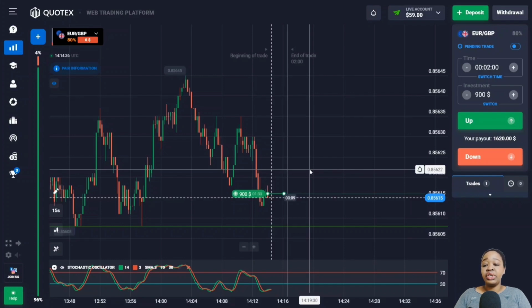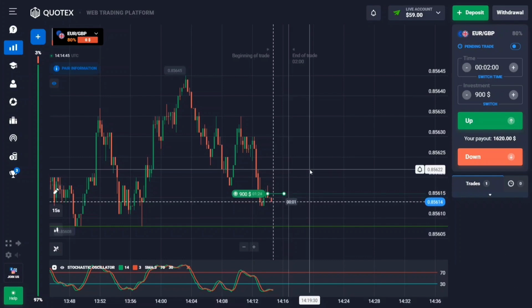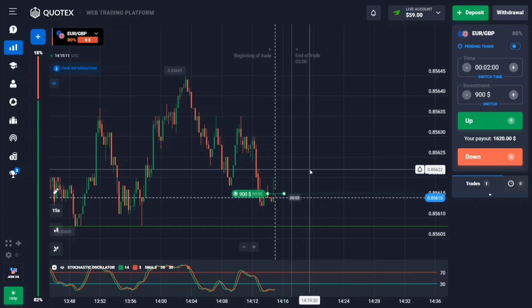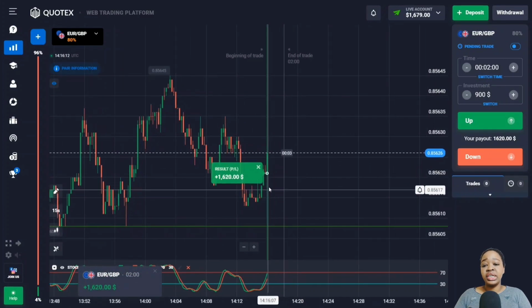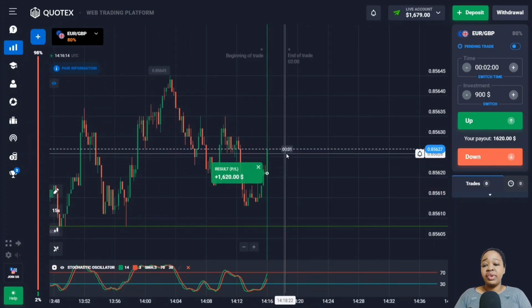But as you understand, there will be probably a reaction from the oversold zone in the near future, and I'm hoping I'll make very good money on the upward movement. So let me wait and see the results. This was interesting. You can see the price turned around before reaching the support level,